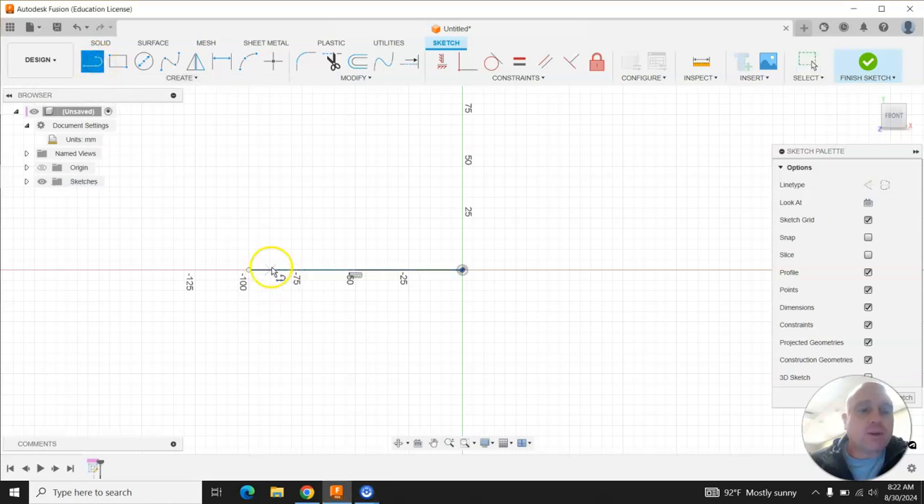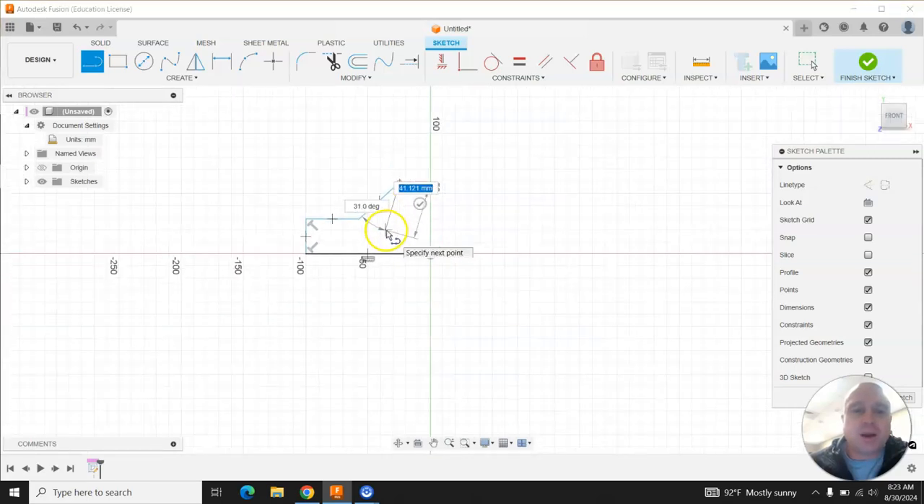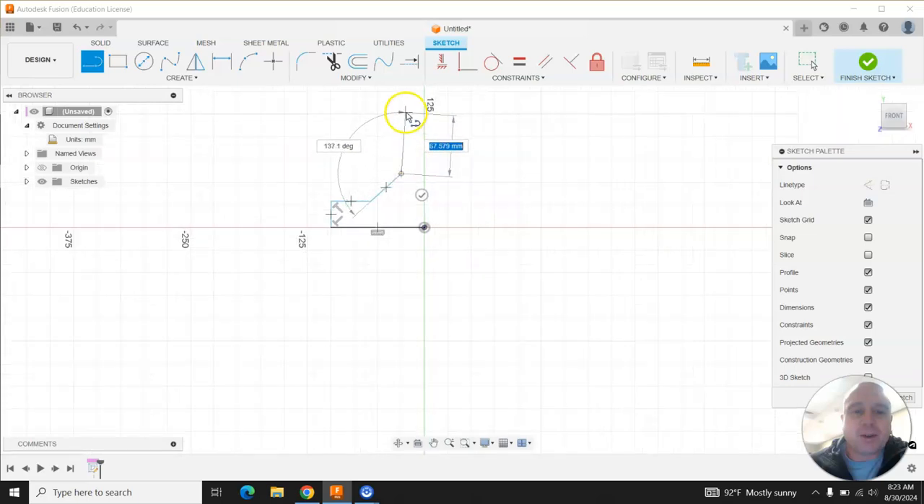From here, I'm going to get my line tool again. I'm going to draw a line straight up vertical. Notice that when you get close to vertical, it kind of snaps in. So you do have a vertical line. I'll click to place that. I'm going to go over a little bit this way, click to place. Right now the dimension doesn't necessarily matter. So I'm going to click to place a line at an angle here, go up, click to place another line, over, and come down, click to place another line,